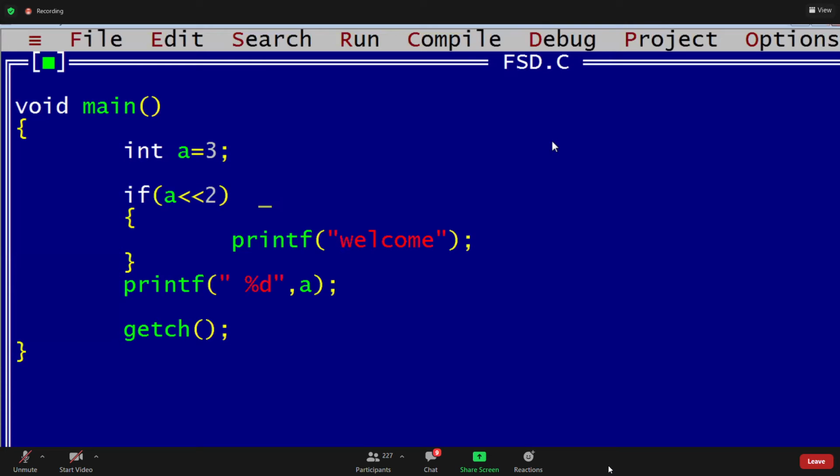Now, guys, see this a value. Next example, a equals 0, 1, 2. Guys, tell me what is the answer. Comma operator. Yesterday I told you, right? Last session.